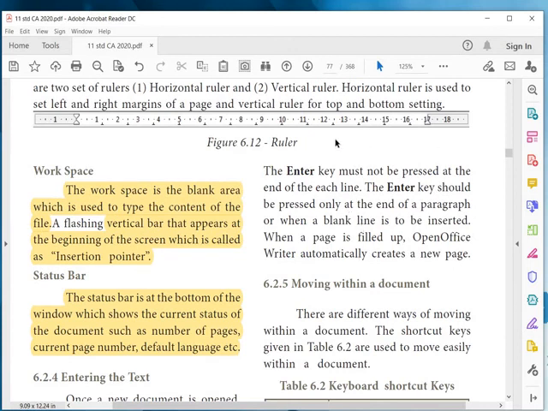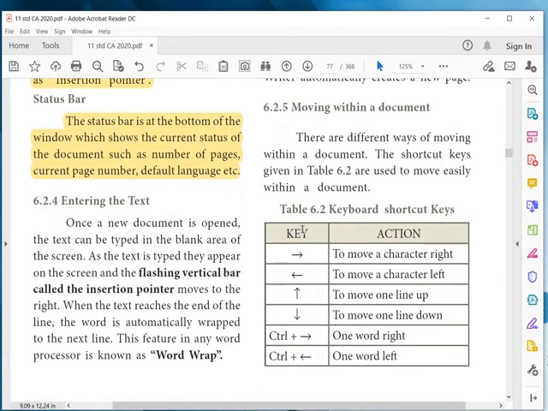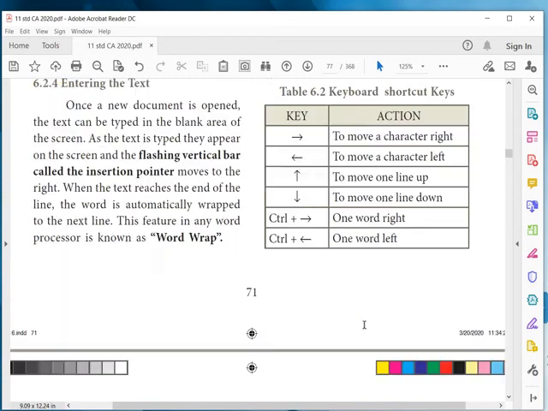That is called word wrap. So we need not press the Enter key to form a next line; we can keep on typing and it will form the next line. If we press the Enter key to form the next line, then it is said to be a hard return, which is done by the user. Then moving in the document means moving the cursor left, right, up, down. You know these things very well.